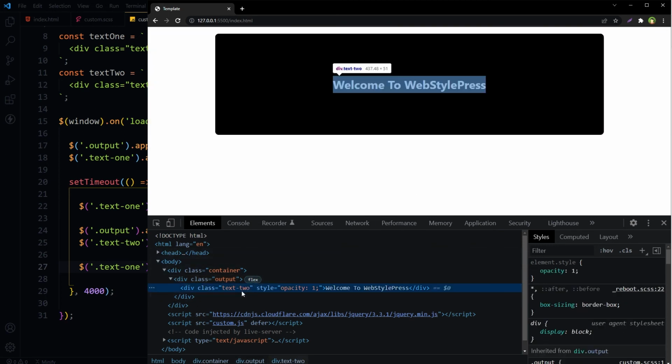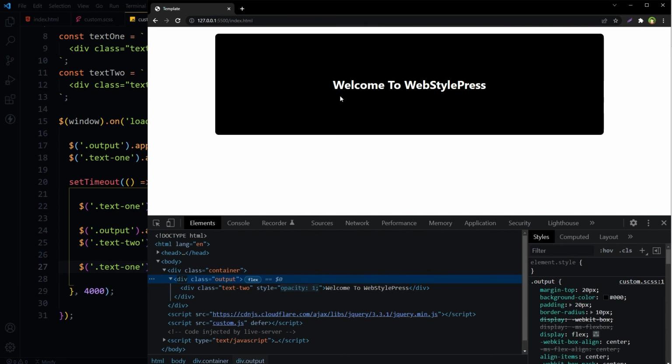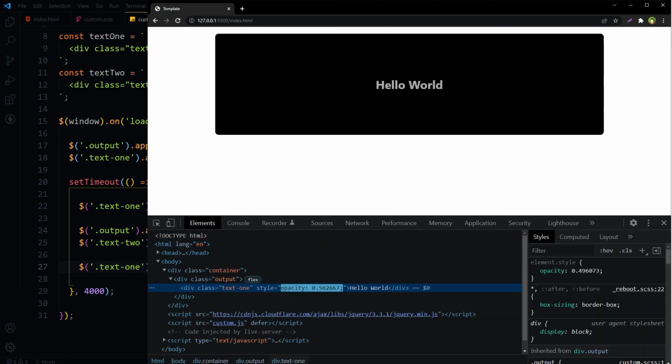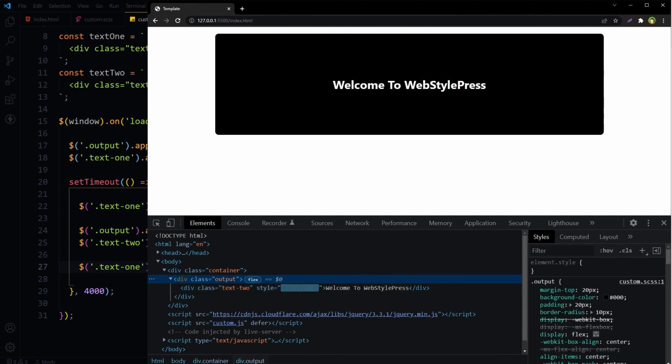Here is this div 2. Refresh. Div 1. After 4 seconds, the second div appeared. Refresh. And this is how we can append elements with fade in and remove elements with fade out using jQuery.